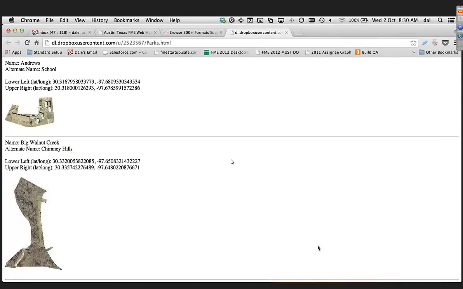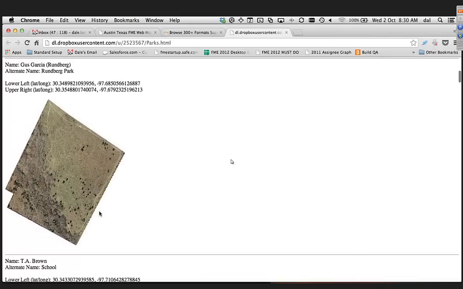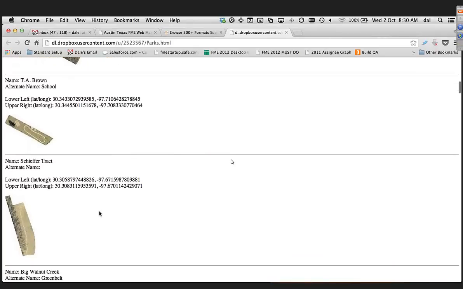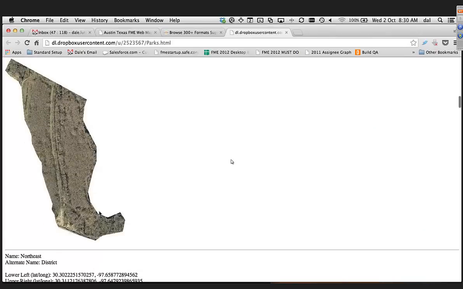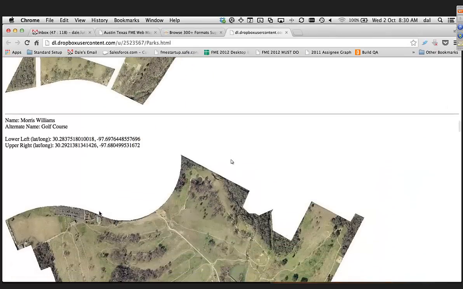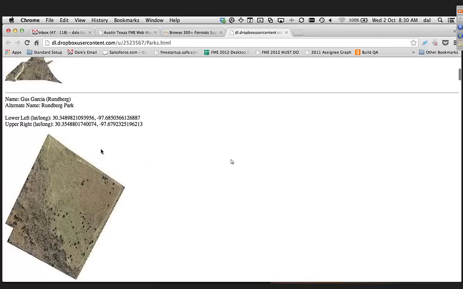It's kind of a mosaic. Oh, okay, here we go. So folks at home could see this if they went to fme.ly/parks. And here is basically a catalog of this, the same sort of stuff we just did. Yeah, we took those images and made a catalog of them in a convenient web page form. So you can just look at the parks and get some of the information on them.